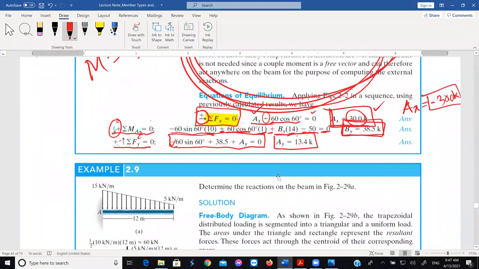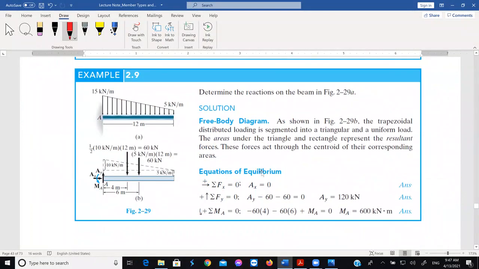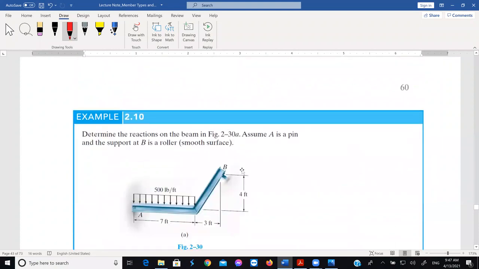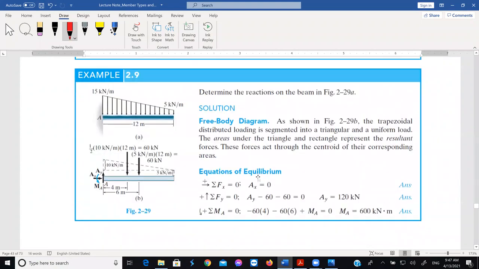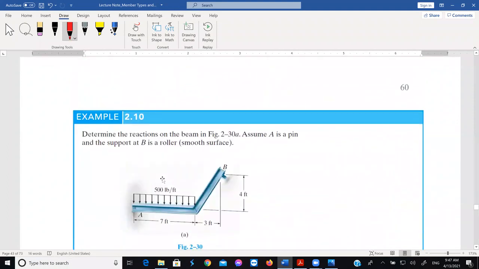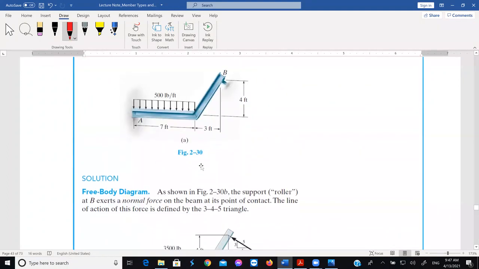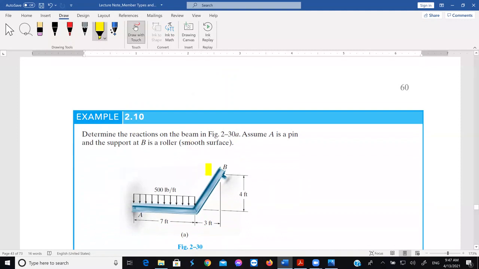Let's go for another example and then we will learn more. I think you know how triangular load works. Because of time constraint, I will not go with this one, but I will go with a frame. So this is a frame with two members connected at this point rigidly. Actually, this tube makes the beam as one beam only, so it has one member.